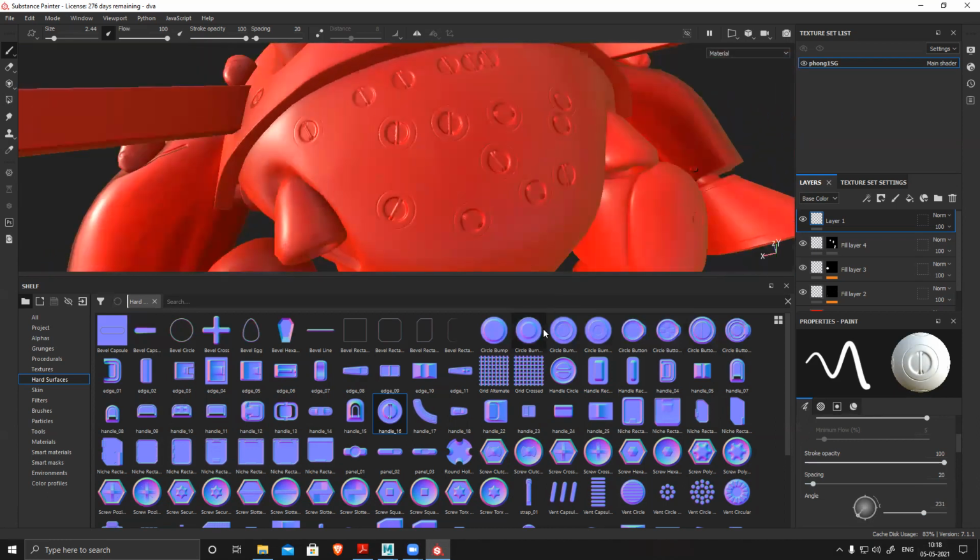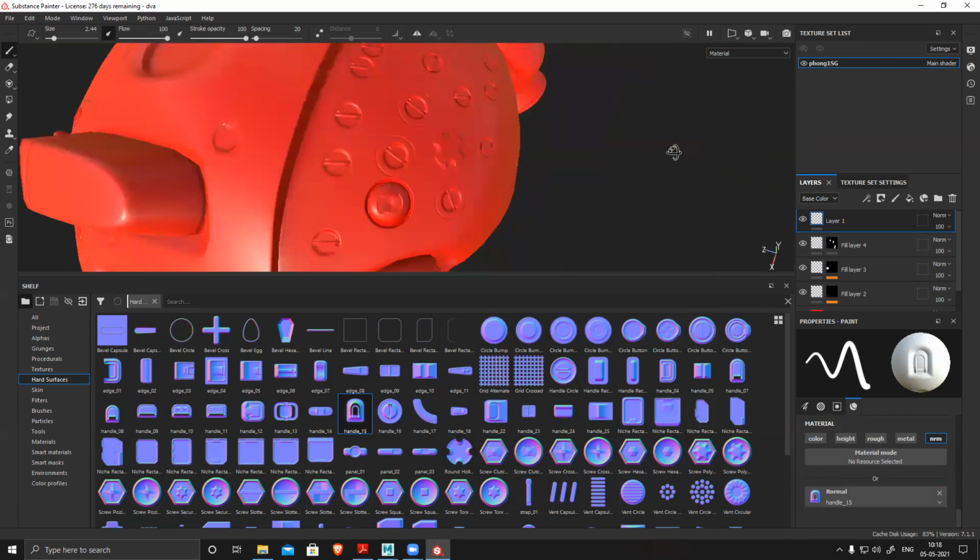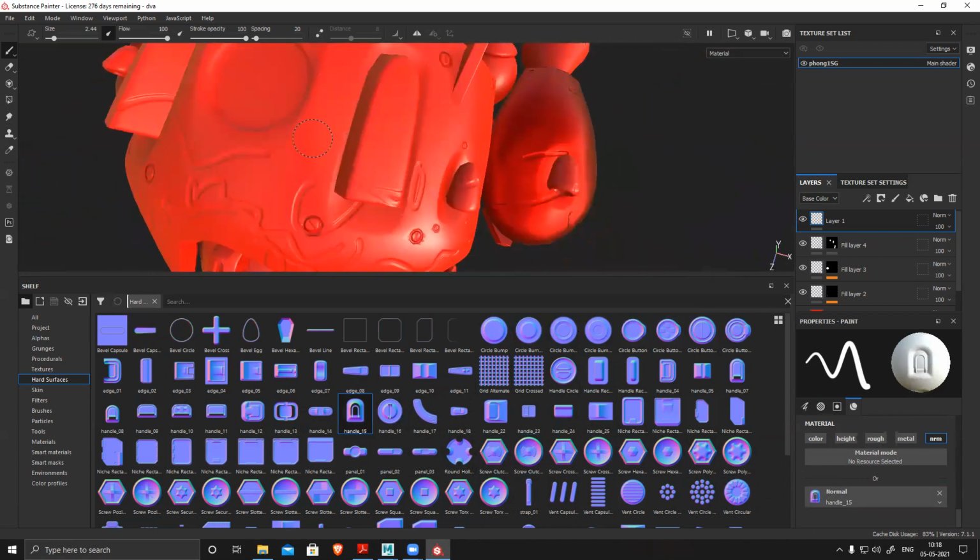Similarly, if I want to apply multiple of these, I just replace this and now paint this one. Replace this, paint this one. Replace this one, paint this one.